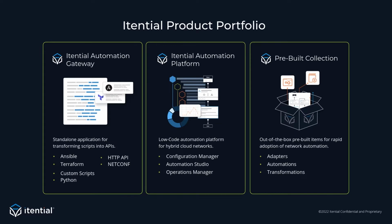And then what we also have available today, because one of our philosophies is how do we get our customers to get started quickly? So we provide a lot of out-of-the-box pre-built automations, adapters, and transformations. So adapters are integrations into other systems. So all the other systems that we're talking about today, ServiceNow, NetBox, Microsoft Teams, we provide an entire library of existing automations that you can download into the platform and start to use and connect to these devices and automate